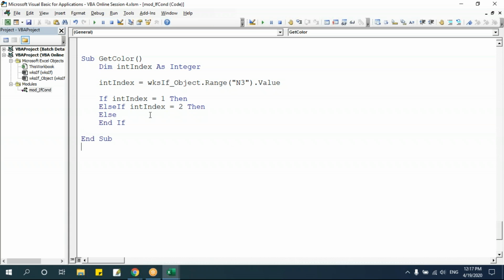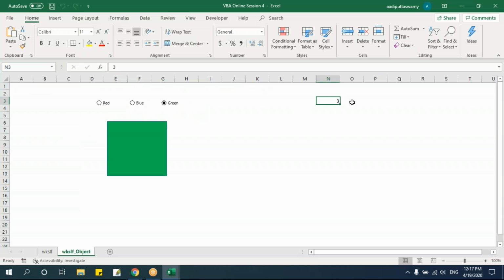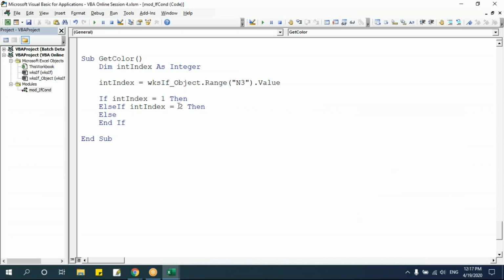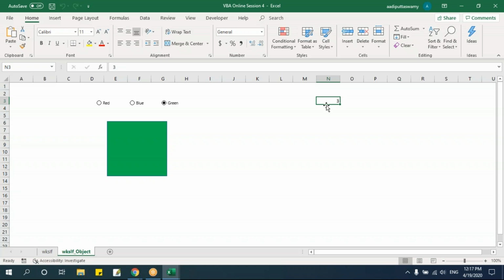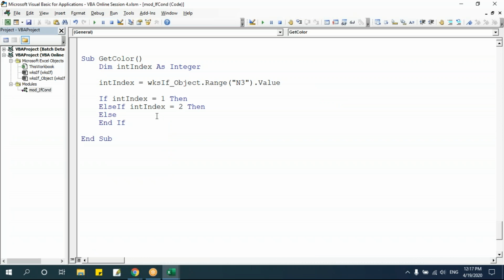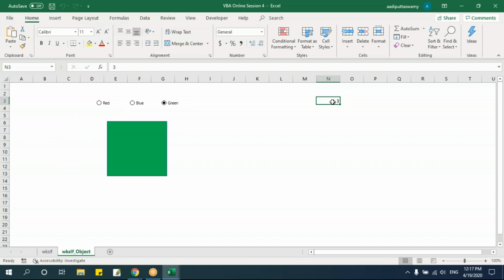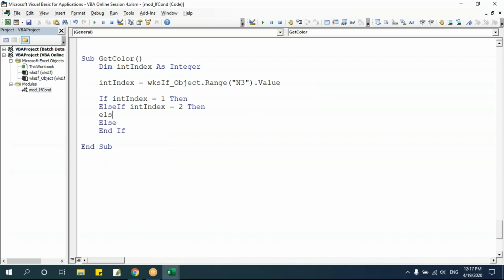See, in this case, I'm not mentioning 3 because here the user is not typing, is selecting. So in this case, you can ignore 3 here. I can select 1, 2. If it is 3, then it is green. Why I'm not giving here 3 is the user is not entering anything here. Even if you give here else if index equals 3, there is nothing wrong. You can give like this as well,